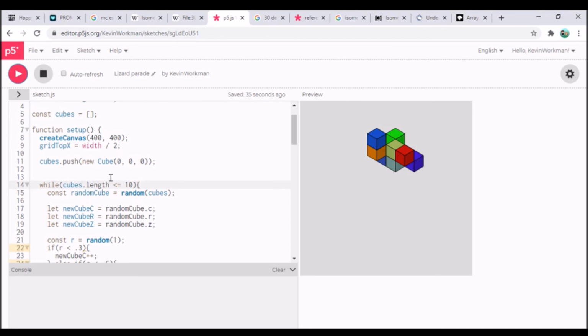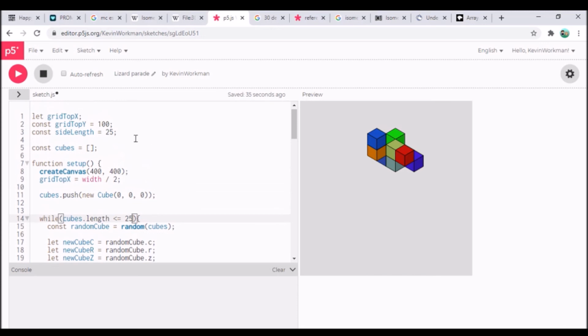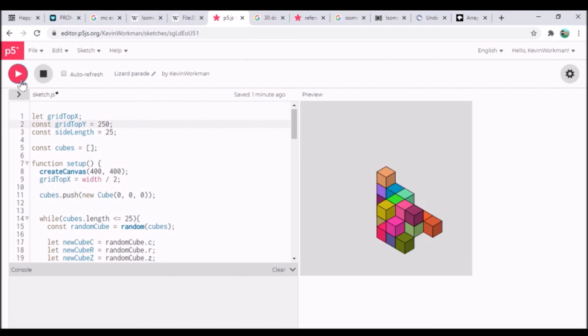So I could do a couple things. I could, first of all, increase this number, and I could maybe move this down. So grid top Y, let's move it down to 250. Yeah, man, this is cool. I like that. It's kind of just a random 3-dimensional cube shape. So it grows from my 0, 0, 0 and grows out a little bit. You can think of it as randomly sticking Legos on top of